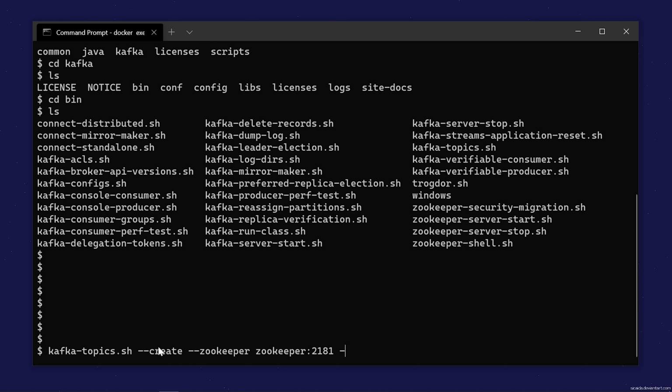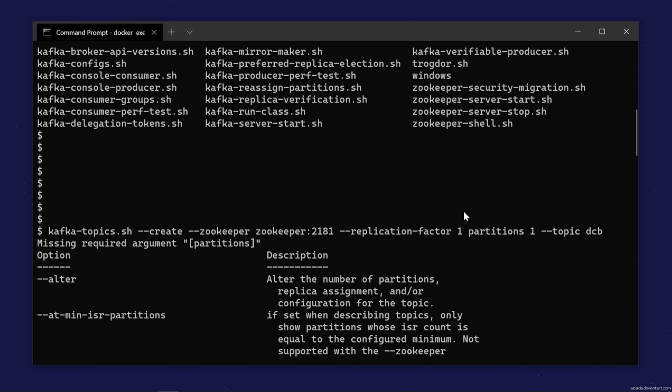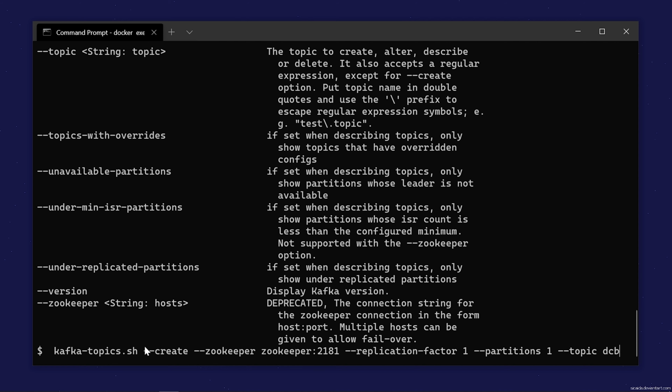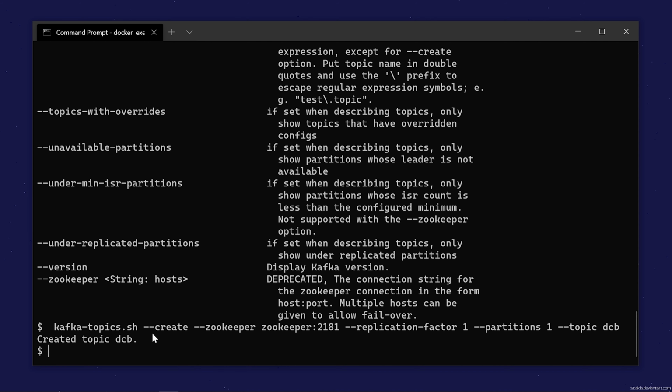Then we give the replication factor as 1, partitions as 1, and then --topic, and the name of the topic we have to create. Suppose we create a topic daily code buffer, so I'll just give DCB in short. There is an error: I forgot to add the -- for the partitions. Let's add the command again, partitions as 1, and the topic we'll be creating is DCB. You can see that topic DCB is created.